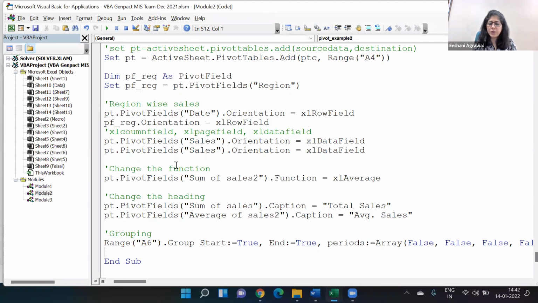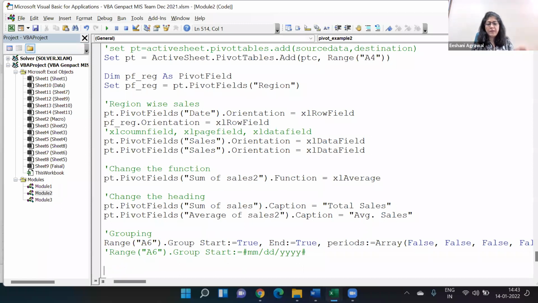Right? And if I had to do it where I want to pick a particular date, I'm just going to show this part as an example. If I wanted to start from a particular date, then instead of true, you are going to put the date within the hashes, and the date that you will put will be in the form of MMDDYY. If I want to specify the date, though, when you do grouping of the dates, we typically do not specify the date,